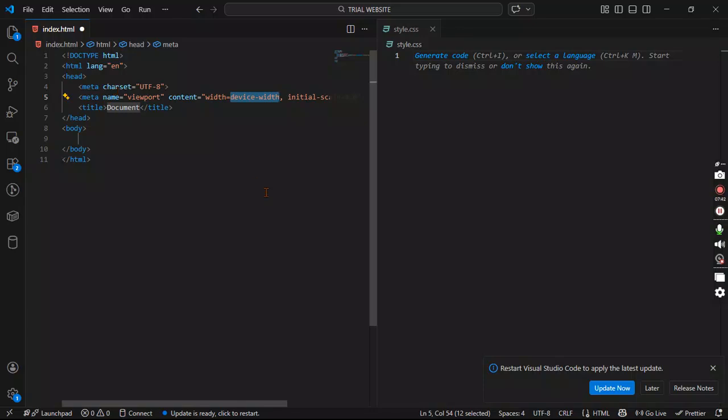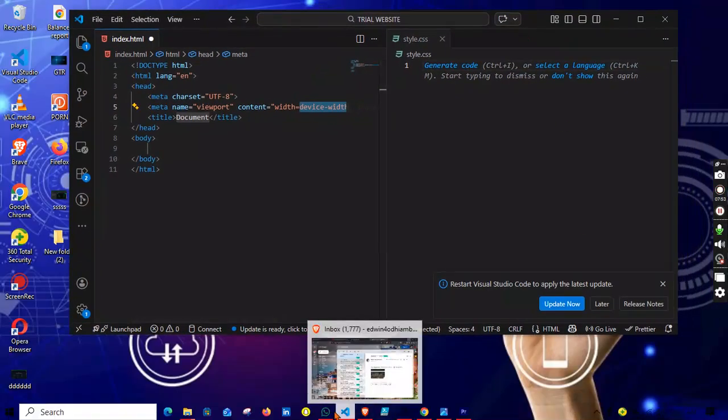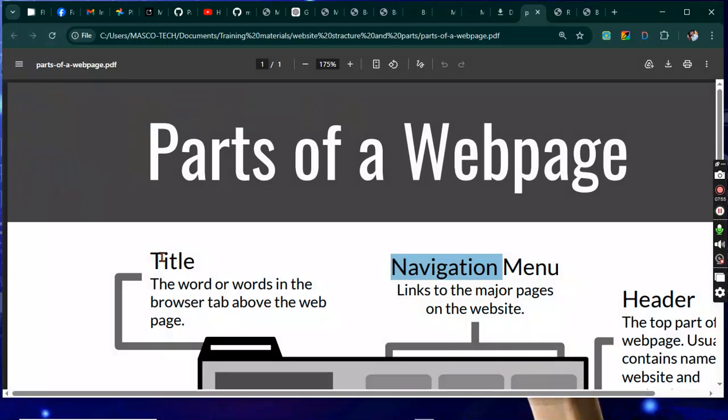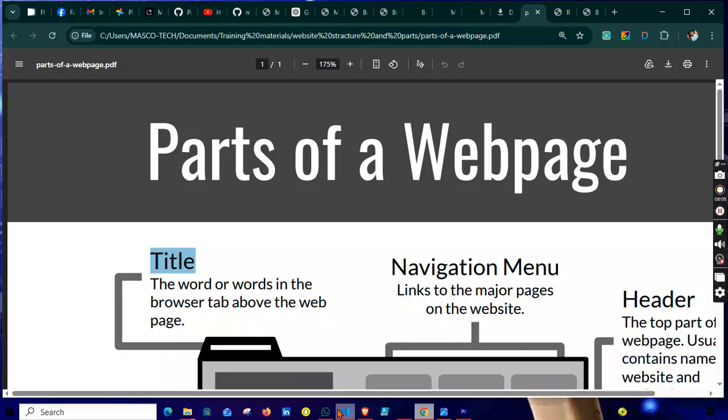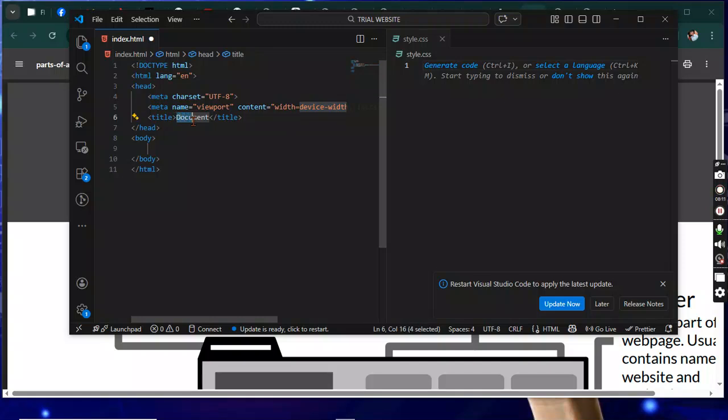Now from here we want to start with the header. We want to create a title. When you create a title, it will show on the tab. So if we come here, change header into the project that you are doing. For example, let us say we are doing a project by the name